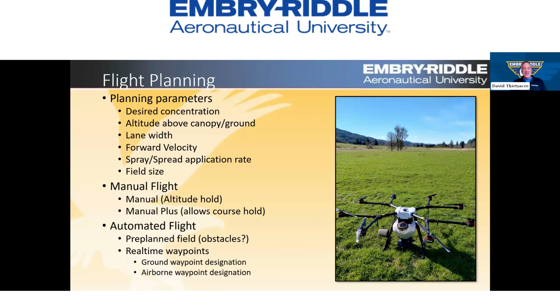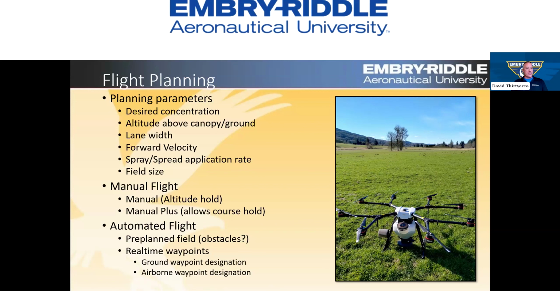So as you can see, there's a whole bunch of variables that go into this, or the parameters that you're going to put in to be able to go out and fly it. So it's not just something super simple, and it definitely takes some planning to figure out, especially when you're using different substances. There's clover seed in that one on the right, and in this case it was great because we literally went out there and flew at one patch and then looked to see what it was like on the ground, and then we actually ended up increasing the rate of it dispensing and kept the flight speed the same in order to get more down on the ground.